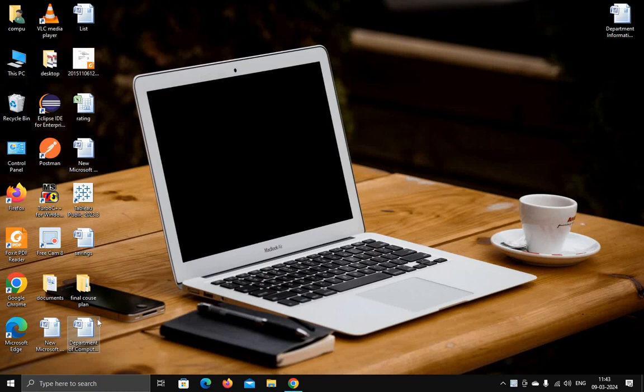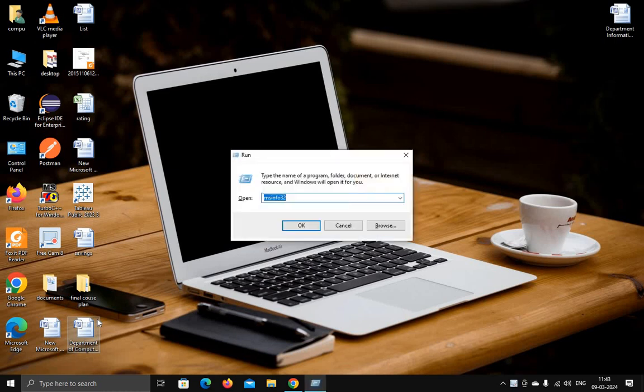Best PC trick. Get complete computer information in one shortcut only. So just type Windows plus R and here type msinfo32. So this is the shortcut command with the help of which you can get the complete computer information in one